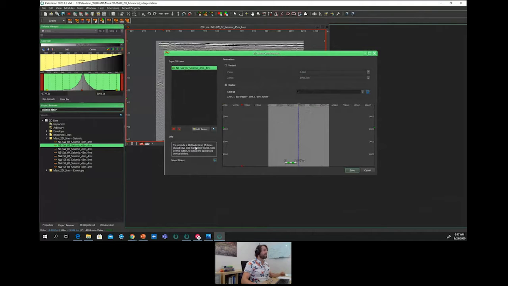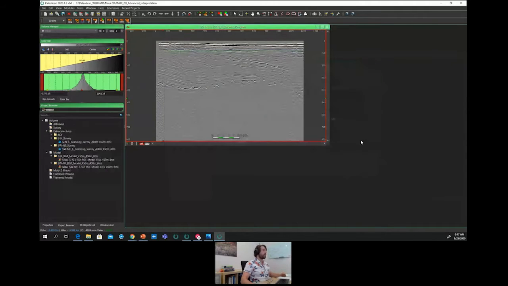Paleoscan informs in this info box that only 30,000 traces are accepted towards the creation of a 2D model grid. In case, we can use this move slider tool in order to modify the position of the splitting line. So the goal of this 2D lines conditioning tool is to split the lines in order to have shorter lines.